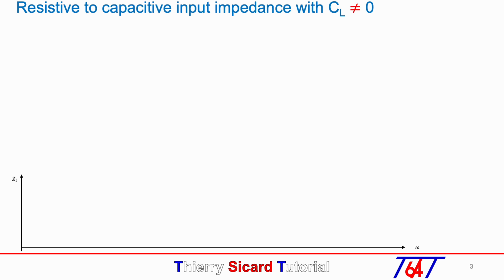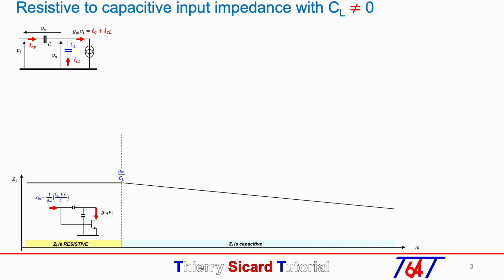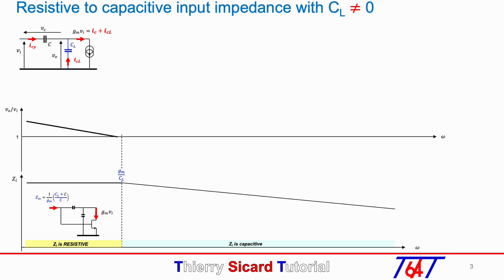The main target of this slide is to try to explain, with the help of vector construction, how the impedance changes from resistive to capacitive when the angular frequency is greater than Gm over Cl. When the gain is much greater than 1, the phase is 90 degrees and the sum of vectors Vin equals Vout plus Vc, as shown.